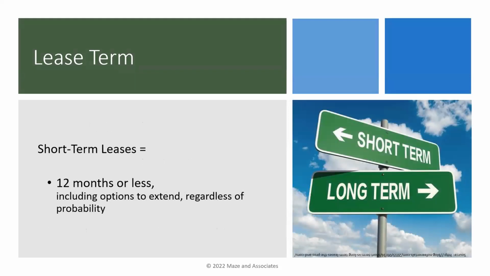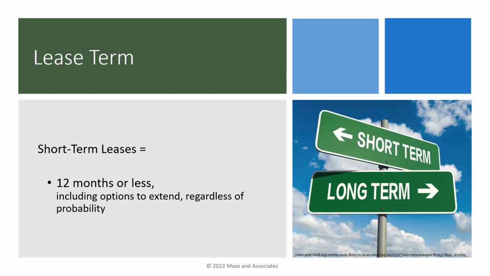So short-term leases. Short-term leases are anything that's 12 months or less. So in the year of implementation, that measurement period starts at the beginning of your fiscal year. So it's either January 1 or July 1 of the beginning of your fiscal year. As I mentioned earlier, it doesn't matter if you had a 50-year lease. If you're in the last year, you're in year 50 at the beginning of the fiscal year, then it's going to be less than 12 months. It's considered a short-term lease and not subject to 87.